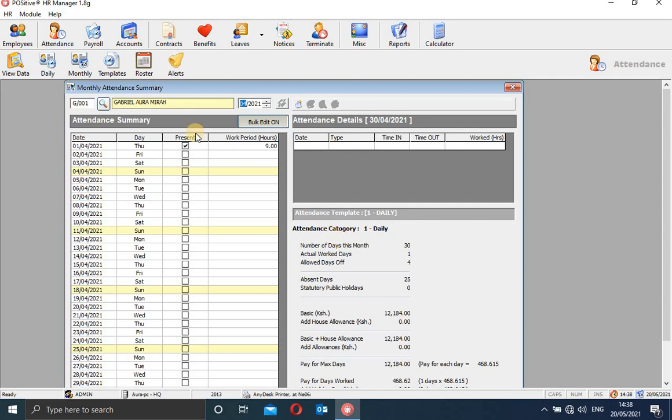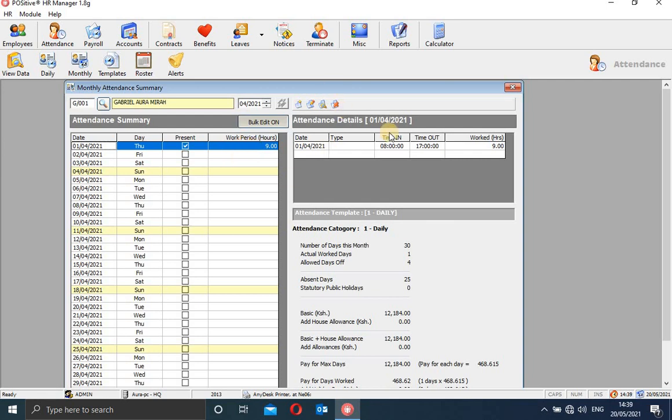So once I do that, you can see the first date already shows the present status. He's been given the present status, with the number of worked hours as 9 hours, even if he was not around. This is the only thing that the managers or the HR can do, but not any other person. Only HR can do it, because of good reasons.